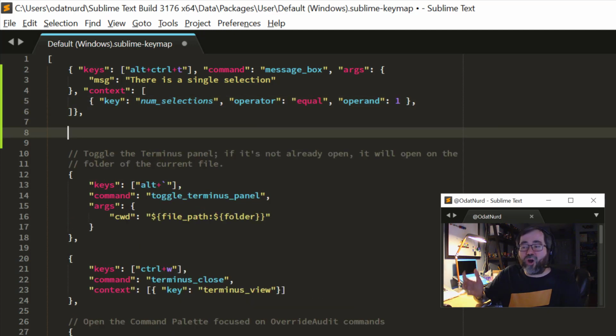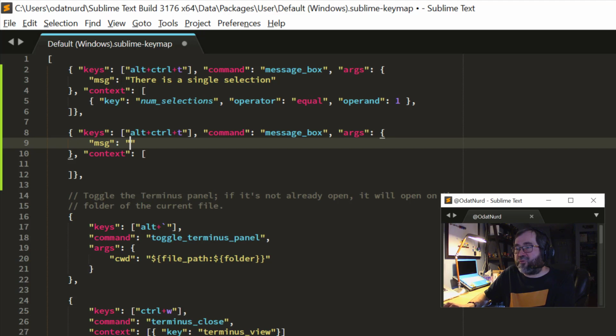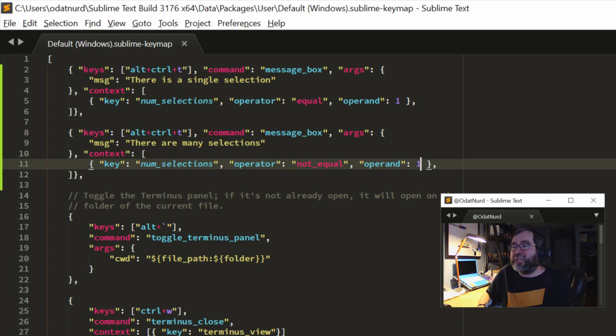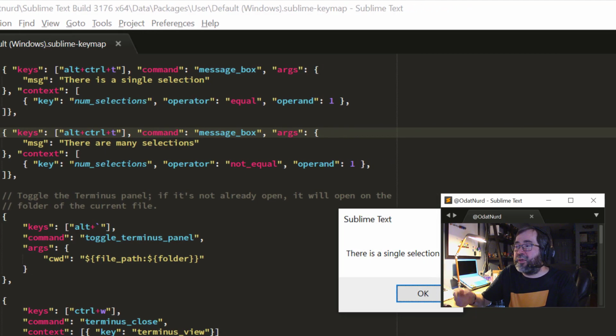And for our second binding, we would go ahead and say that there are, for example, many selections instead. And in our context, when we inject it in here, we'd again use num selections, but this time we would use not equal instead. And again, the number for that is 1. So we're going to save that. In this case, I removed the default binding because there's always going to be at least one selection or more than one selection. So now that I just have the cursor here, when I push the key,